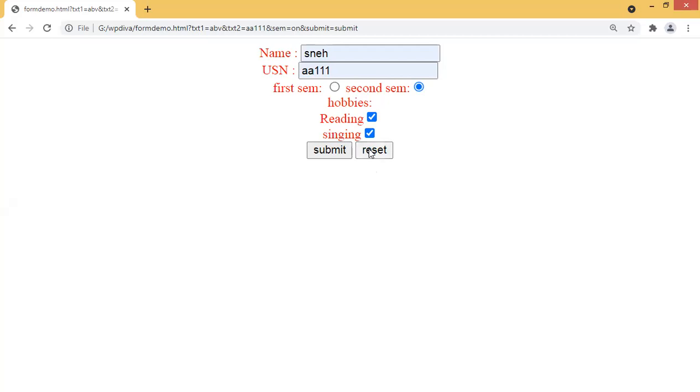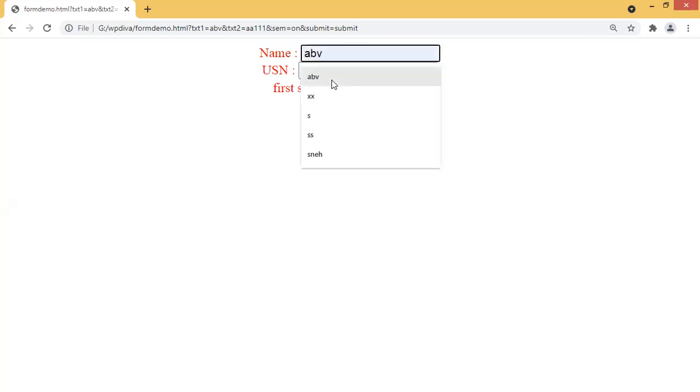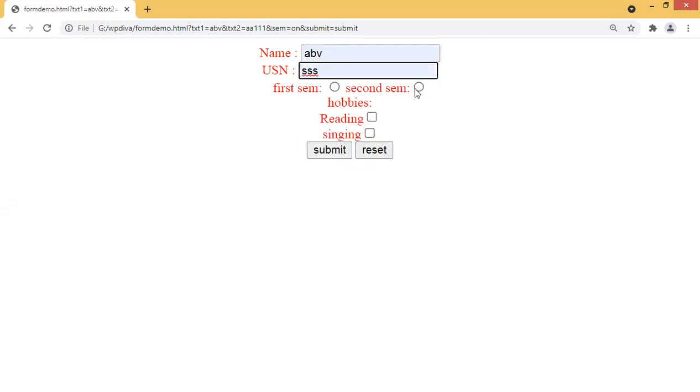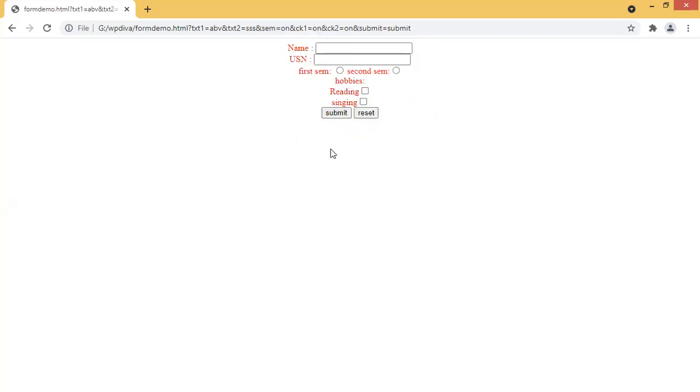If I click on reset, automatically it will be reset, right? Clear to you? You can take any according to your choice. Suppose I want only reading, I can take reading, or I can take both and then go to submit. So what happens to the data when I click on submit here? That is passed into the action parameter. When I want to save this data into the database to extract it the next time, that is possible using action, but that is not there in your syllabus. So we are just seeing this part.